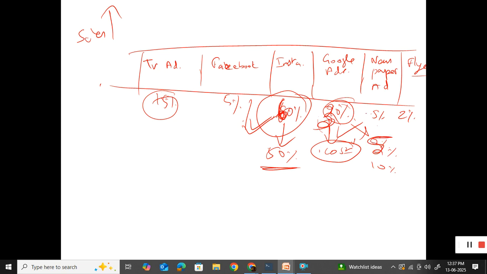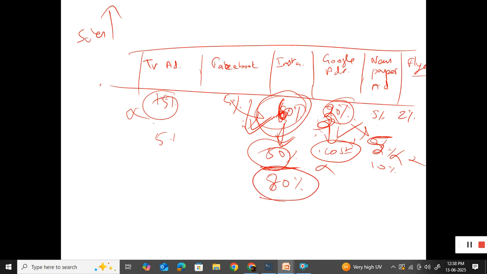Obviously a simple math helps us to understand we are spending more money on Google, but the conversion is very less. But on Instagram we are spending more, and obviously we are getting a reasonable amount of conversion compared to any other ad channels. So in that case, what you do is cut down the cost on other channels. Instead of 15 percent, just spend 5 percentage, and probably you can spend 80 percentage on Instagram. You can better plan where to invest more.